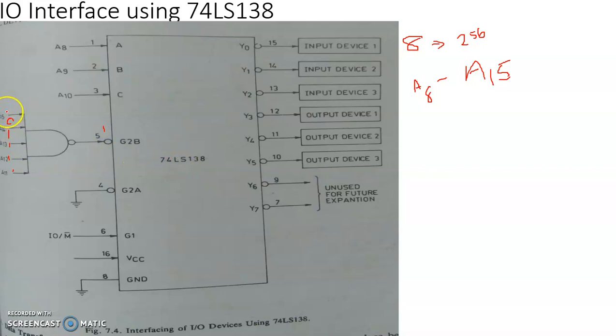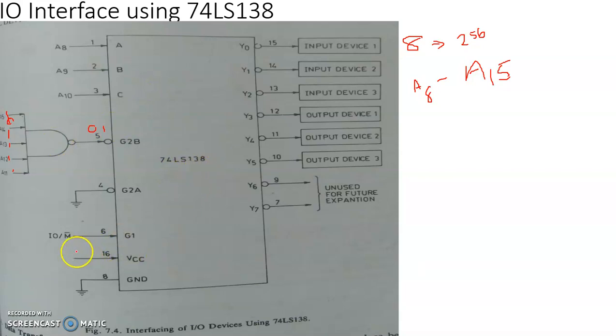When all these inputs are high, 1 and 1, 1 and 1, 1 and 1, all these make 1, which is negated here. As far as a NAND gate is concerned, this is 0 then. So G2B will be made low and this chip will be enabled. So this is the double check as far as IO address decoding with the help of 74LS138 is concerned.